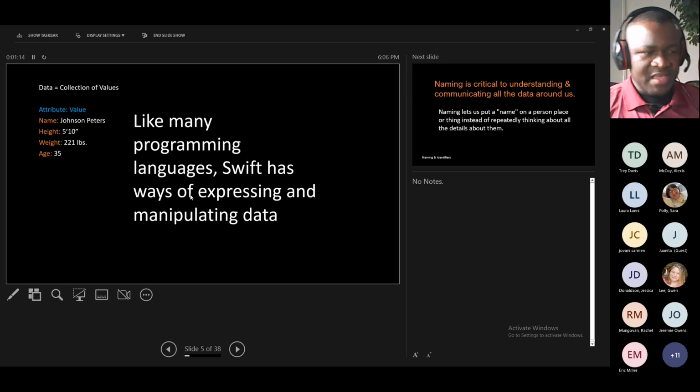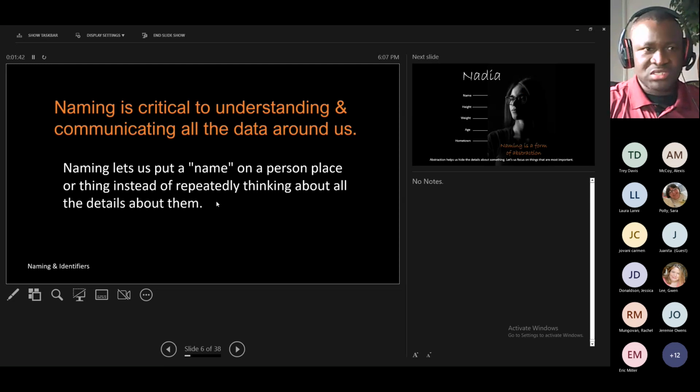And then I did mention that there are many programming languages: C++, C, C Sharp, Python, and all of them. They all have a way of expressing and manipulating data, and Swift is not left out. There's a lot of similarity between a lot of the languages, but there are slight differences in some of them. So when you try to transition from one language to the other, sometimes you notice some differences. After that, one of the things I did mention was that name